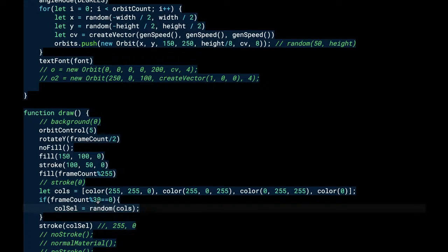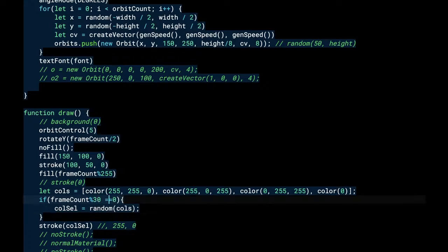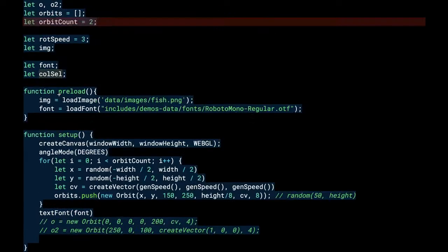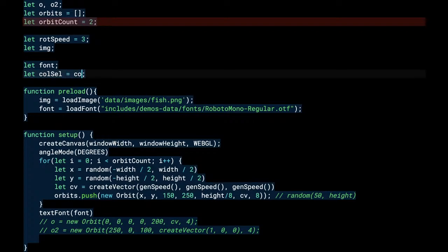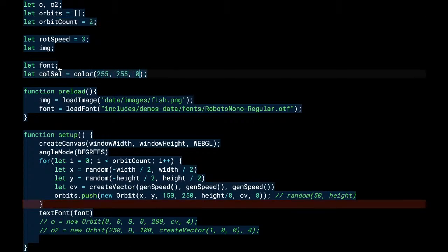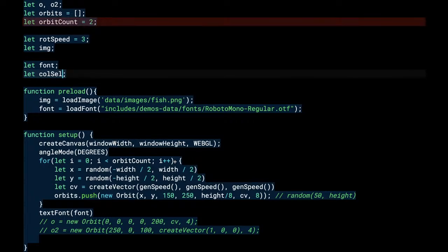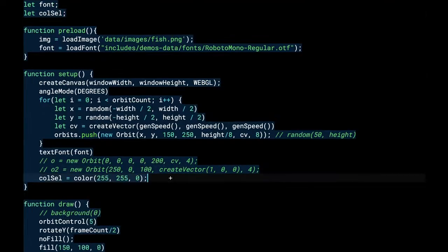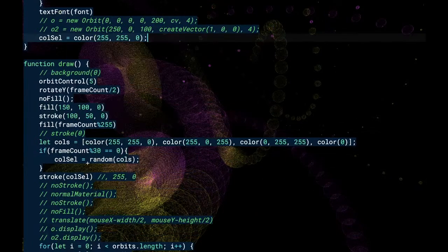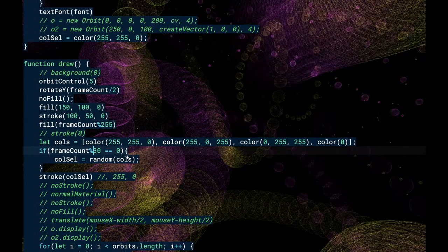I think it's, I killed it. Oh, maybe because it doesn't equal anything at the beginning. It should equal a color. Let's start it off at a color. Crap. This might have to be in the setup. There we go. So it needed some value to kick it off, and now it's like every half second changing